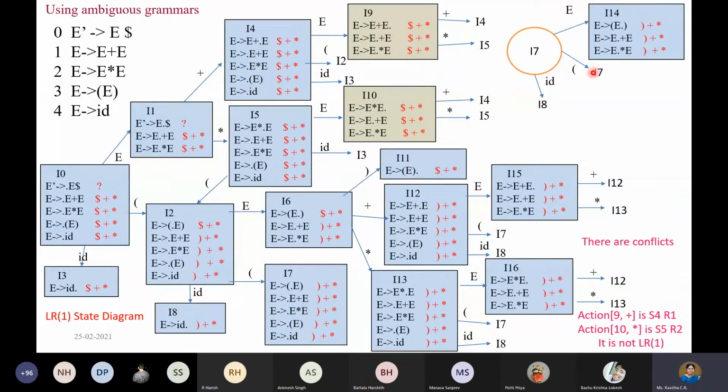So it will be the self loop. So it stays in the same state. And when you read ID at I7, it should go to I8. Of course, it is similar. So it has to go back to I8. So I7 is done. Okay, so coming to I9, when you read, so first rule is done because its dot